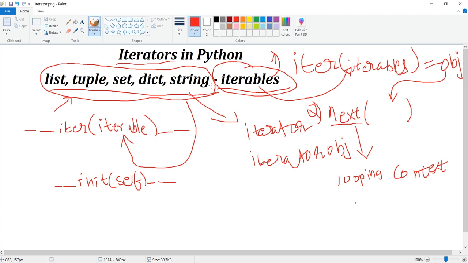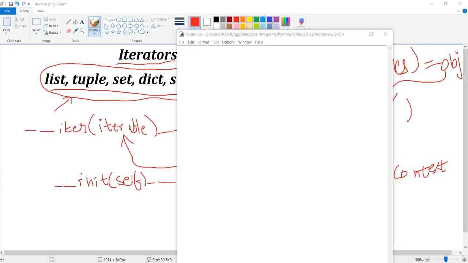So that is the basic idea of iterators. Now let us realize this with the help of an example. So I'll just close this and we'll start the coding. So the basic coding which we have done here, I will have a string, and in that string, I'll write